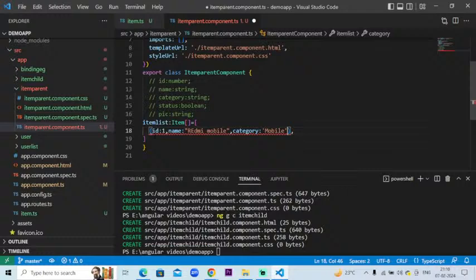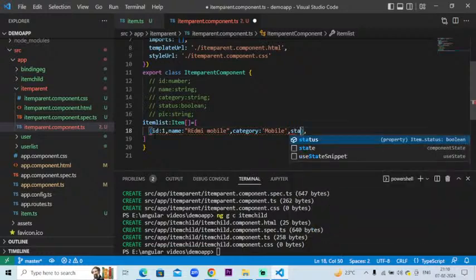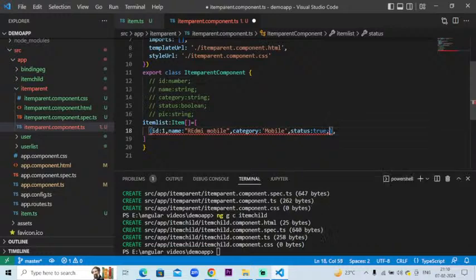Then status, I want like active or not, so it is just a boolean. So for status I am going to write true. Okay, and pic, so I am saying some image URL will come over here. Okay, so similarly we are going to create an array